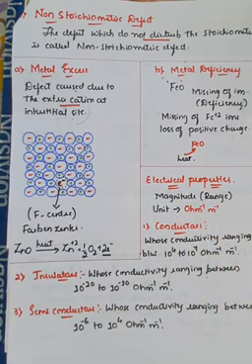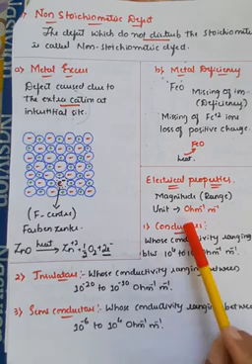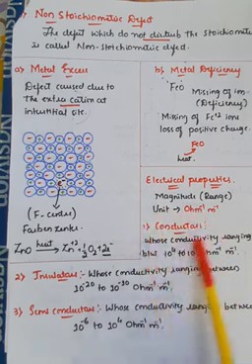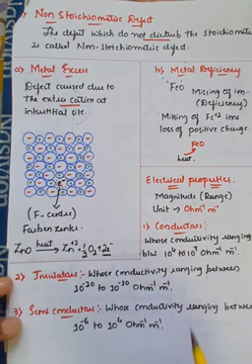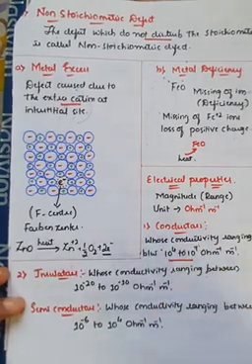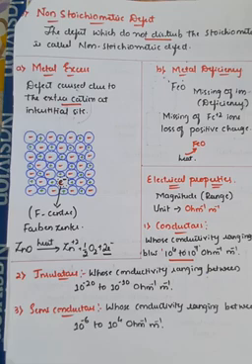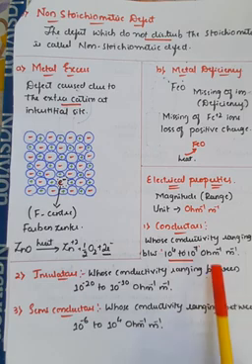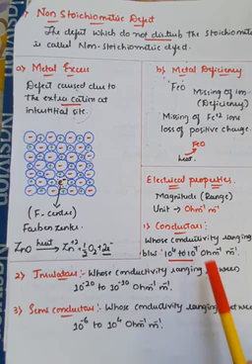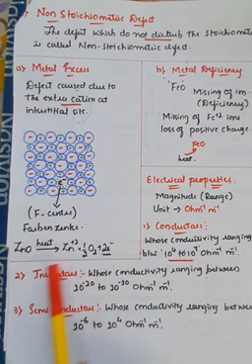Already we know that any substance can be present in three different forms: conductors, insulators, and semiconductors, right? Conductors are the substances whose conductivity ranges between 10 raised to 4 to 10 raised to 7. Remember this value. This might be asked in your CET or JEE. The unit of measurement is per ohm per meter. Almost all conductors have conductivity ranging between 10 raised to 4 to 10 raised to 7 per ohm per meter.